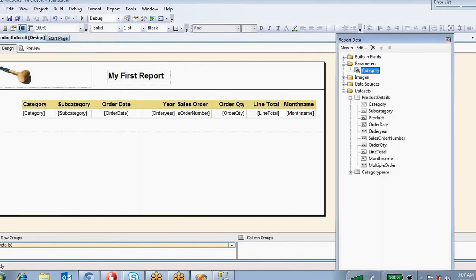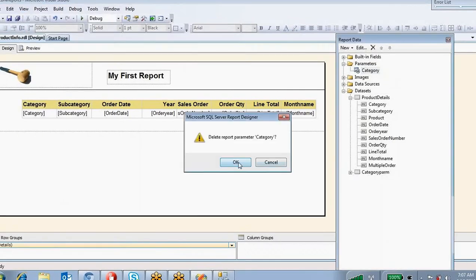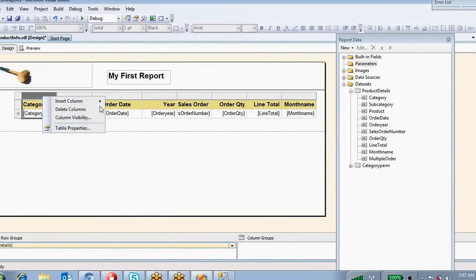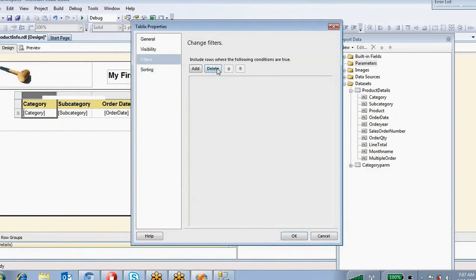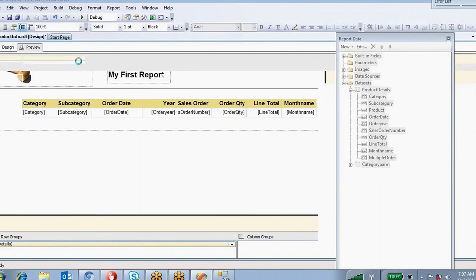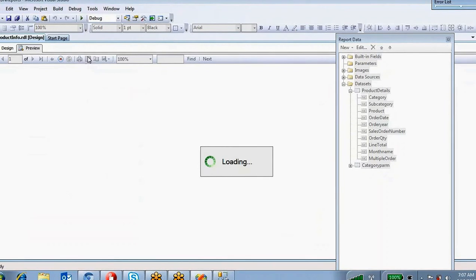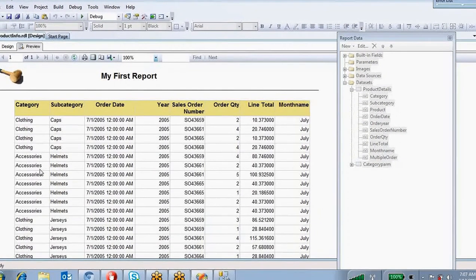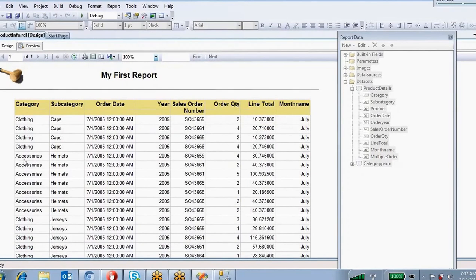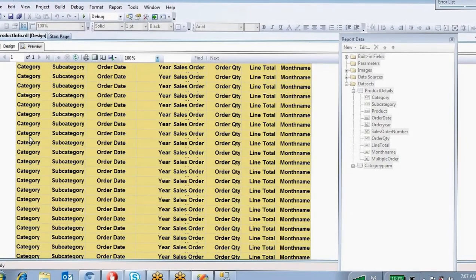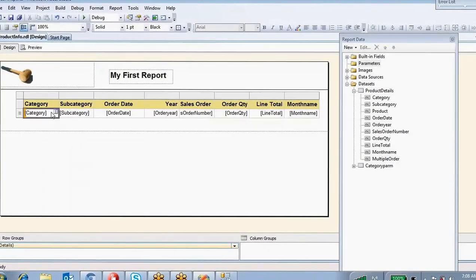Grouping. What is grouping? So I'm going to delete this one. I'm going to delete this filter also. So then the data is displaying this way. It is displaying for all categories, right? So instead of displaying each detailed row by row, row by row, if you want to do this with a grouping on this category, how to do this grouping?